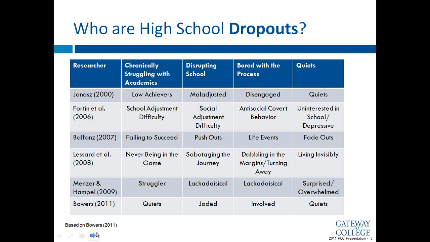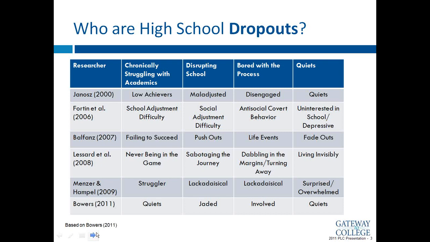Okay, thanks. And then our final study that we're looking at here is Bowers, who did a really recent study. He's based in Texas, and he used a statistical method called latent class analysis that we're going to talk about a little bit because that's what we duplicated for our study. This method really tests whether the groups that you find are statistically different from each other. And he came up with 3 groups.